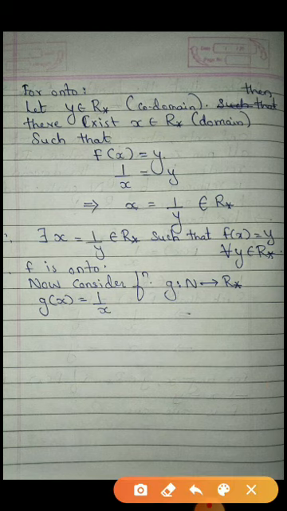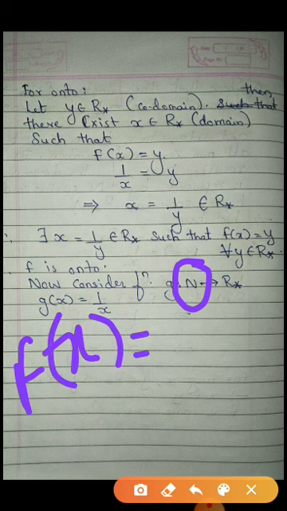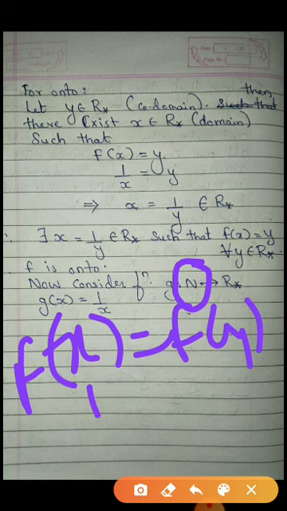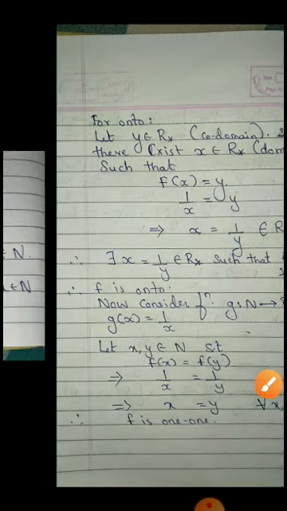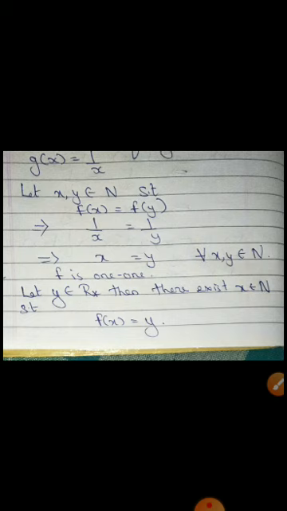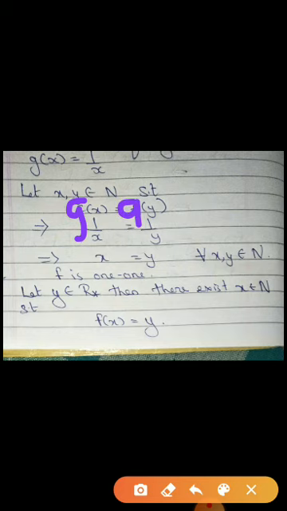Next, in the same question it is said, suppose the domain is changed to the set of natural numbers. We have to check whether it is one-one and onto or not. Now what is our step? Take any two elements from the domain, consider f of x equal to f of y. Sorry, here it should be g, my function is g. So it should be g of x equal to g of y. So I'll be getting x equal to y, and hence I can say that g is a one-one function.